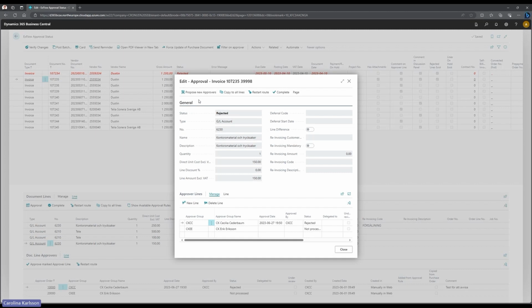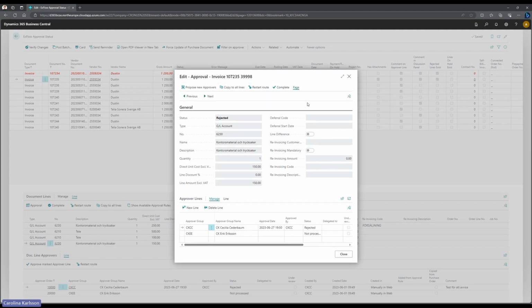So if there's something that has changed on the line and you don't have all settings for it to be automatically updated, then if you click here, you can update the approvers if it has some other better suggestions based on the coding on the line. And if, for example, you then want to add those new approvers to all lines on that document, you click on copy to all lines. You can also restart route. You can complete the line here. And then if you click on page,